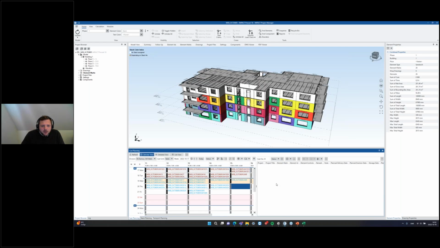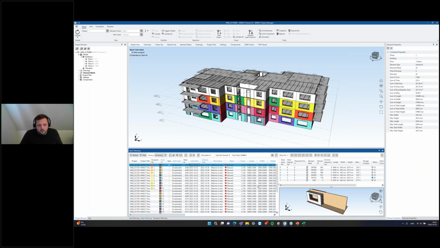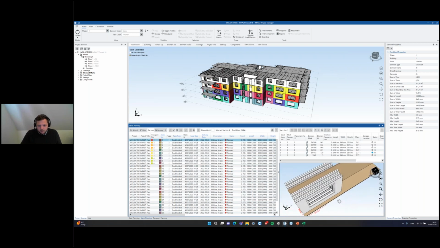So I just want to show you one more report, and that's for the transport part, which is for the stack. So I prepared some stacks here on an A rack. So I want to use this one here. We'll make it a little bit bigger. The reason I want to show this is that I think it was last year we developed a report that is specific for this one,